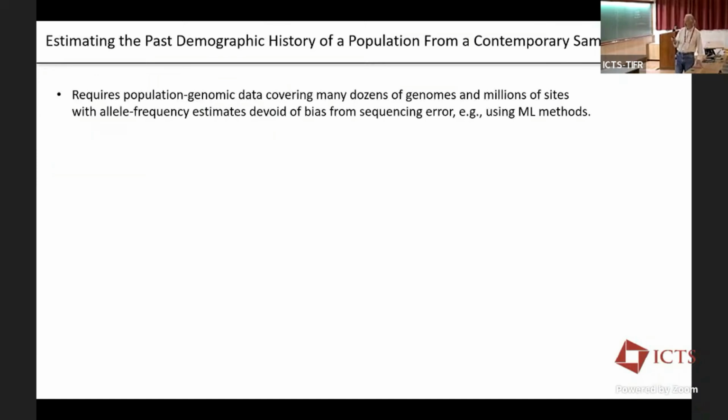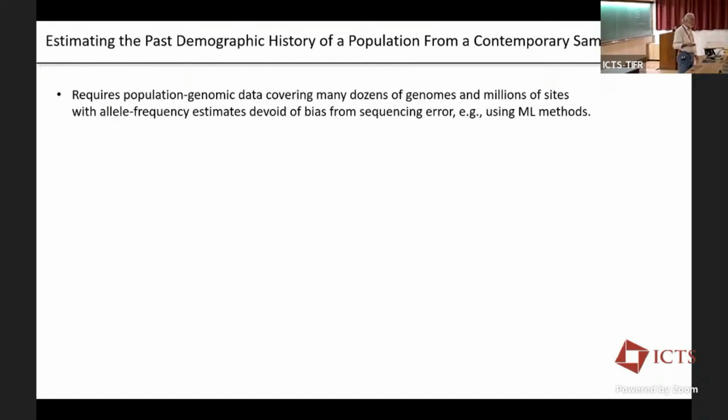Okay, so our challenge here is that we want to use information like this to estimate past population sizes. In the ideal world, if everything was constant, we would infer a constant NE using these data, but we want to pick things apart in greater detail. The approach I'm going to talk about for estimating past demographic history requires a lot of data. You have to have a large number of genomes because you want to finely dissect the site frequency spectrum. The finer the dissection, the more fine details you can infer about changes in population size over time.